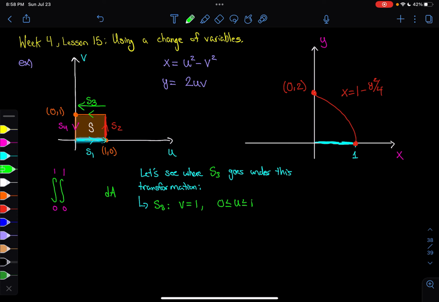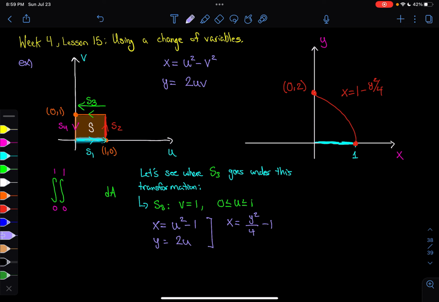Okay, so S3 is the line v equals 1 for 0 less than or equal to u less than or equal to 1. Great. So what happens to our transformation? We get x is equal to u squared minus 1, y is equal to 2u. We do the same thing we did before, and we're going to get x is equal to y squared over 4 minus 1 by canceling out